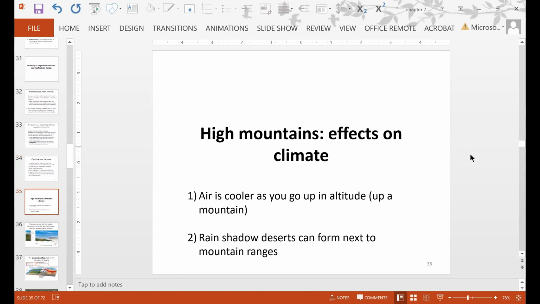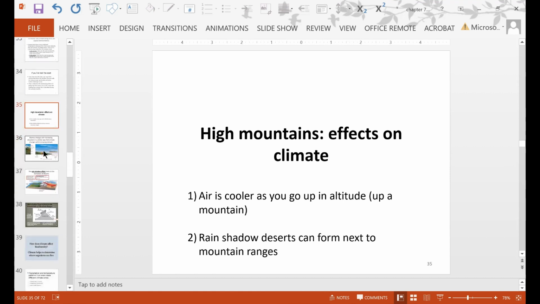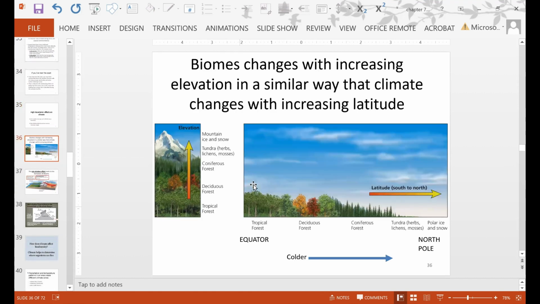And then high mountains and its effect on climate. Air is colder as you go up in altitude. So as you go up a mountain, the air is actually colder. And then also we have the rain shadow deserts, which we'll talk about. So as you go up in elevation,